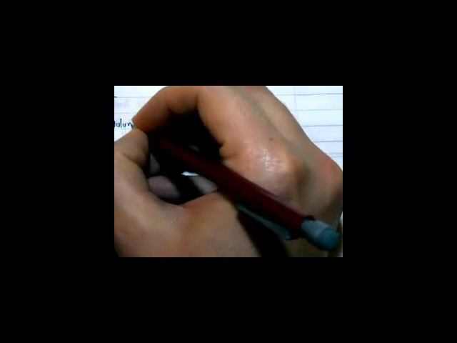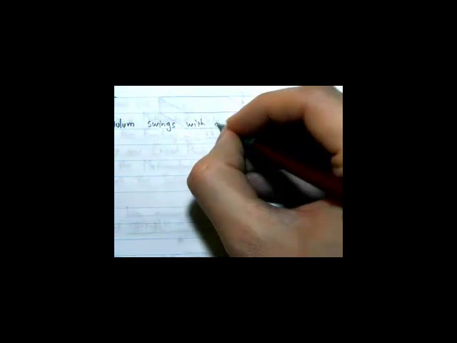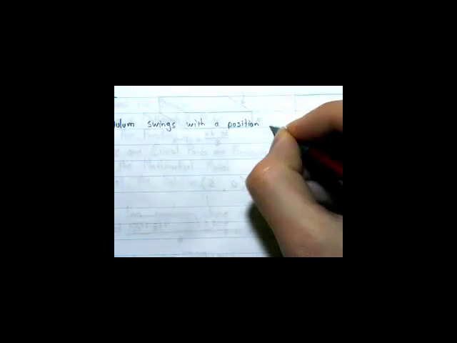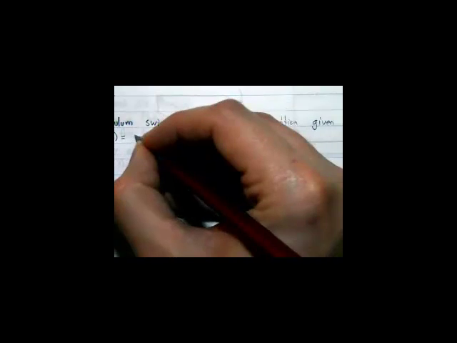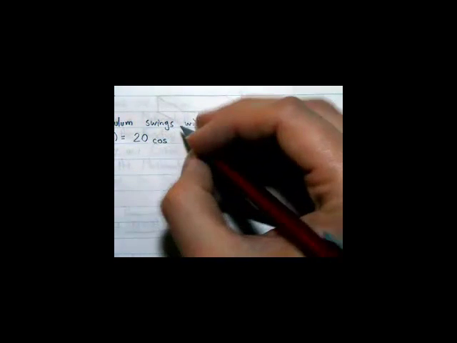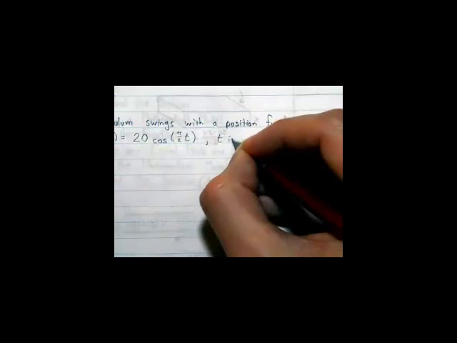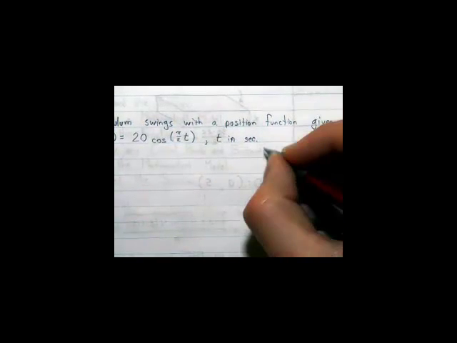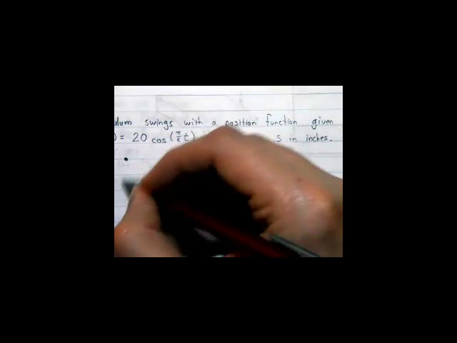So we've got a pendulum that swings with a position function given by s of t equals 20 cosine of pi over 2 t. t is in seconds, s in inches. So what this looks like is you've got this pendulum